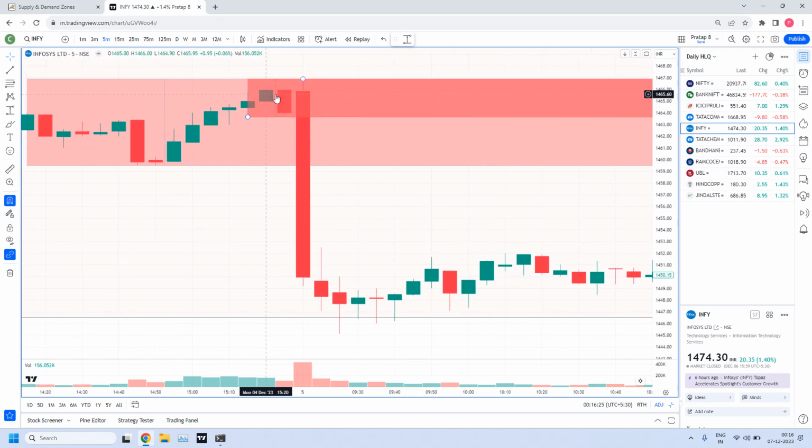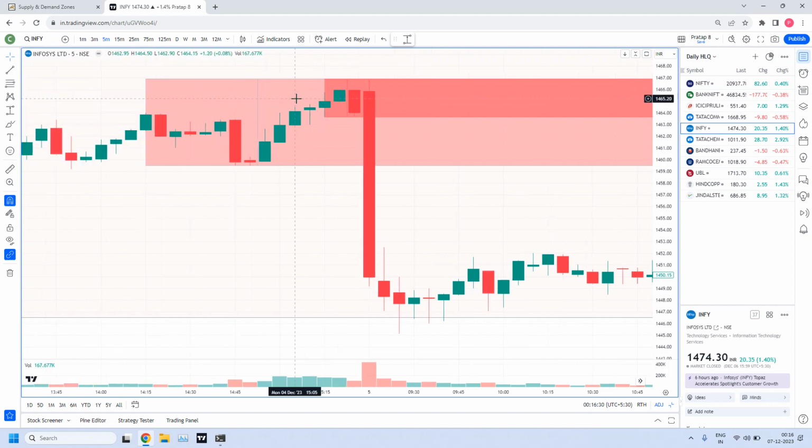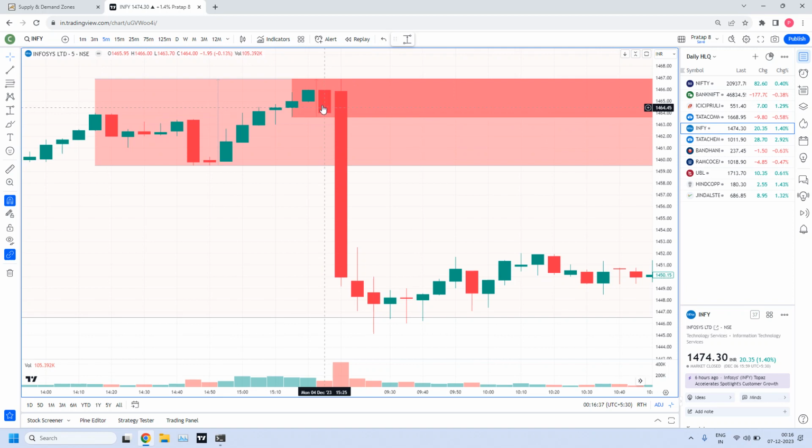So can you confirm there is a clear institutional activity in this area? No. But there is one exception, please listen to this point, it is useful to you later also. Look into this base leg candle. This is a medium size leg candle. Sometimes a medium size leg candle can also be added into the base, provided previously